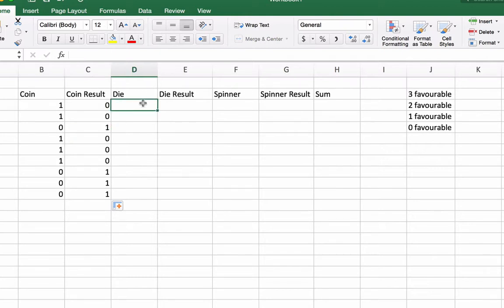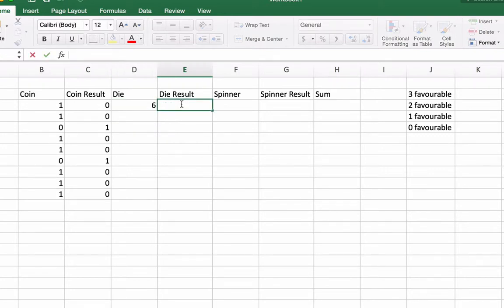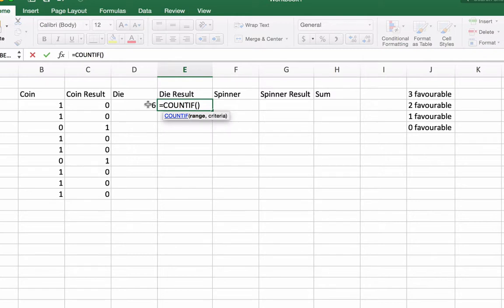So now we want to, again, generate a random number between 1 and 6 for rolling a die. So this is going to be equals RANDBETWEEN. Bottom number is going to be 1. Top number is going to be 6. So now what I can do is this is going to be equals, and I'm going to use my COUNTIF function again. And this number, D3, now my criteria is going to be, I'm going to say greater than 3,